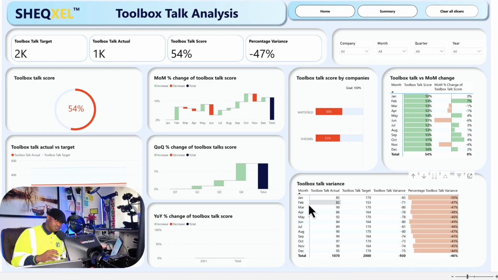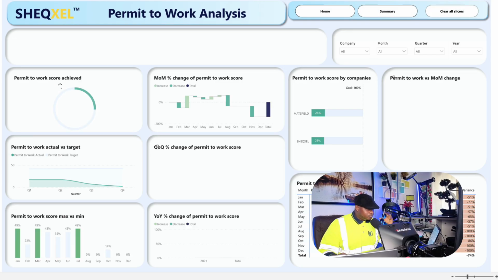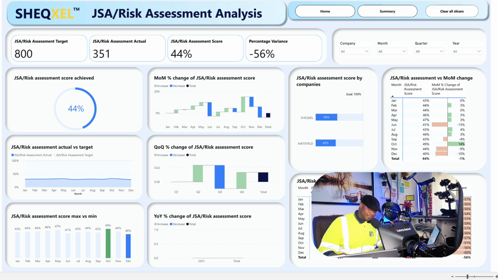You set a target of 100%, you have a particular score, there is a variance, you want to track the variance, you want to reduce the variance to the barest minimum, all right? So there's the depth of analysis we do for each KPI, and the good thing is that we've done it for all the KPIs. So you have it on permit to work system, we have it on risk assessment or risk